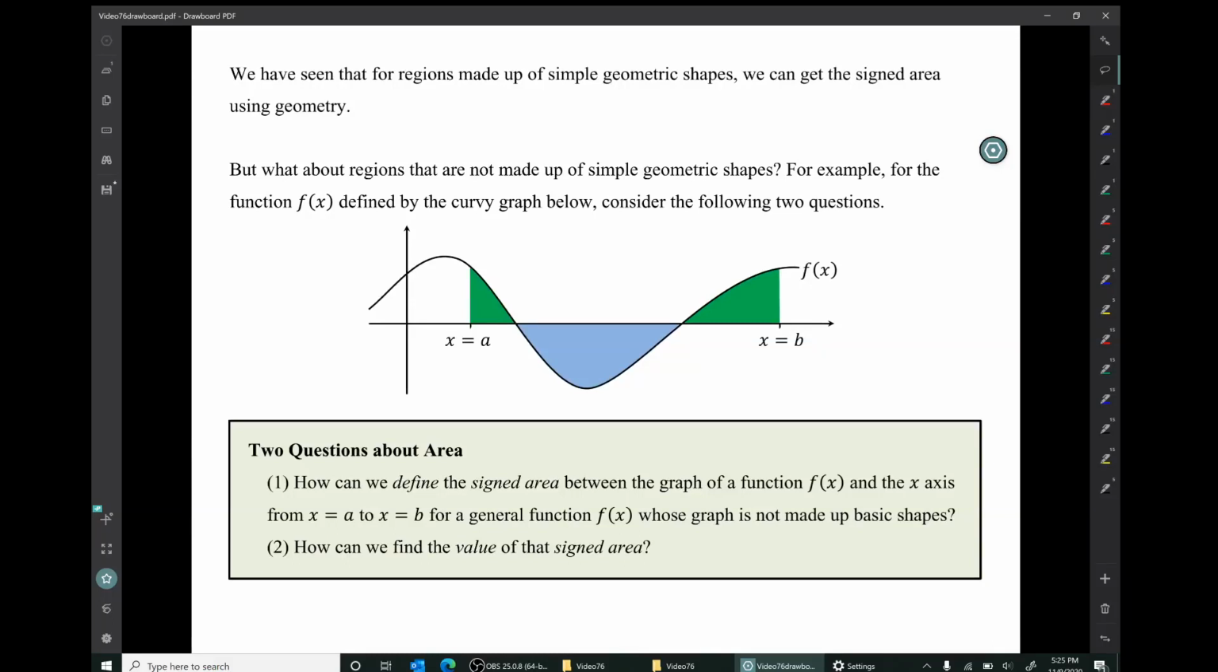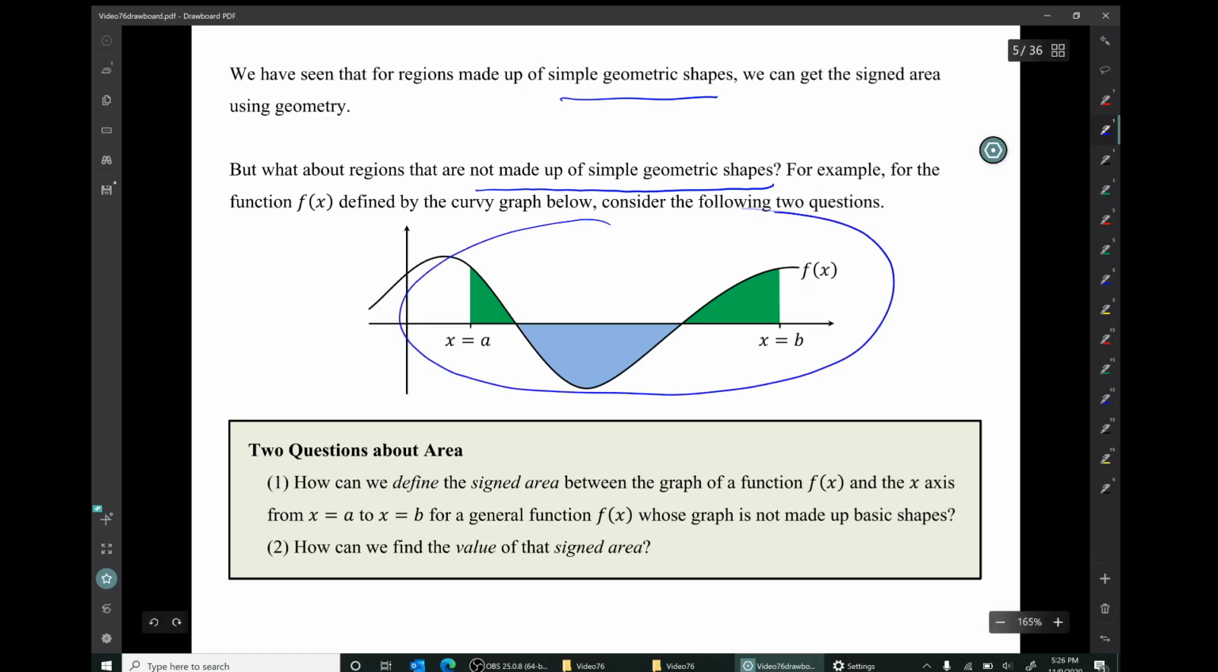We've seen that for regions made up of simple geometric shapes, we can get the signed area using geometry, and of course the unsigned area as well. But what about regions that are not made up of simple geometric shapes? So for example, for the function f of x defined by this curvy graph we had earlier,